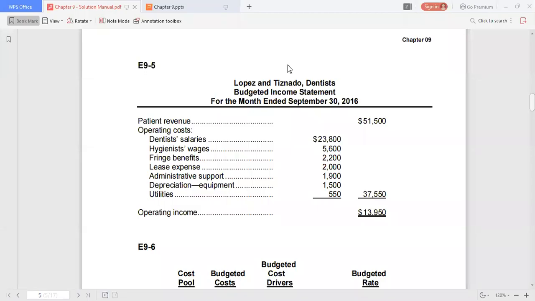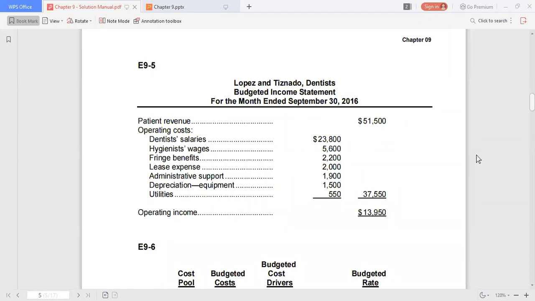E9-5. Okay, we have now the patient revenue, 51,500. Then we have the dentist salaries equal to 23,800. Hygienist wages, 5,600. Fringe benefits,